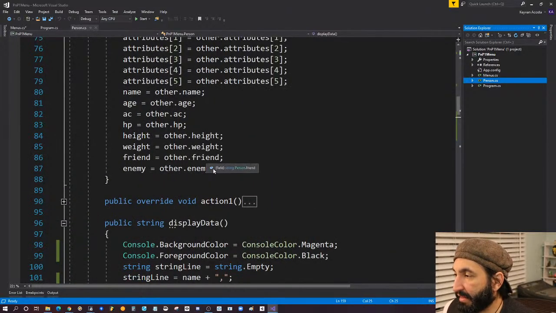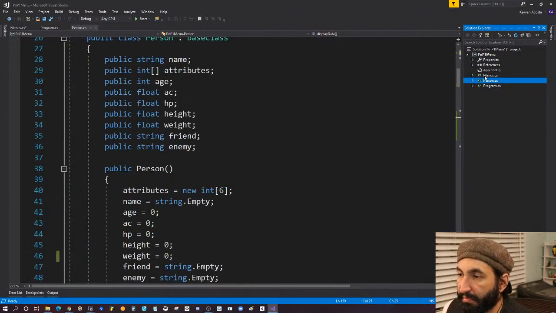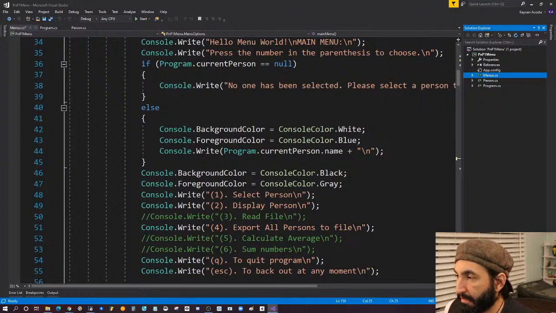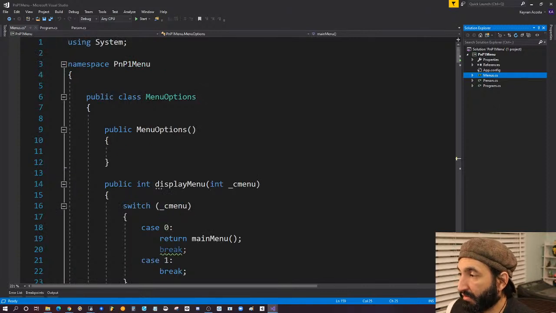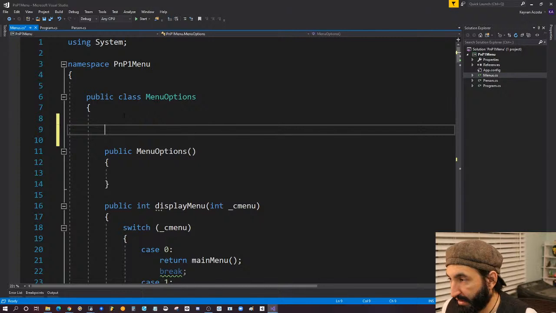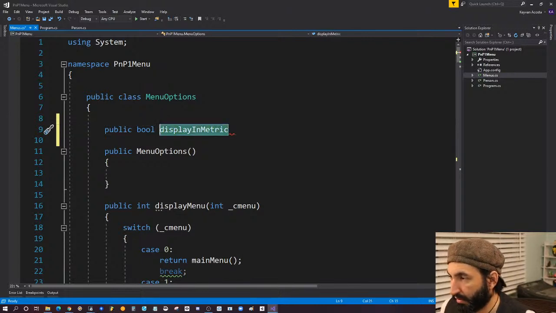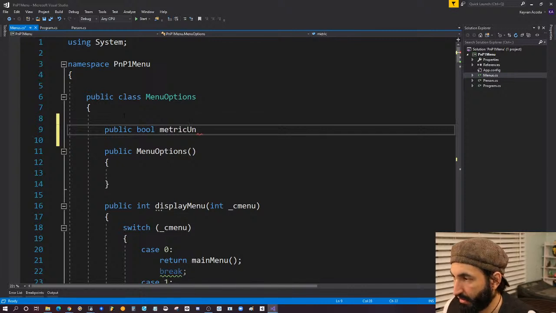I can say that this class, the menu class, has, notice, menu options has no data, just functions. We can say display metric, a bool, display in metric, or let's say metric units, and equals